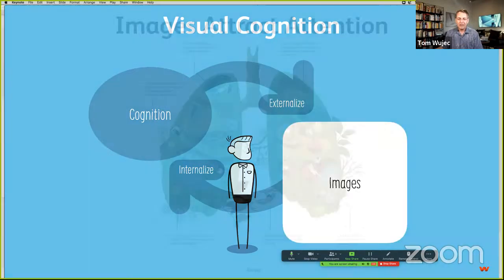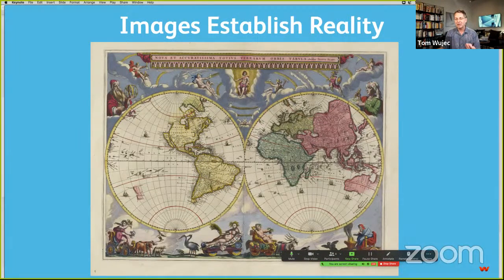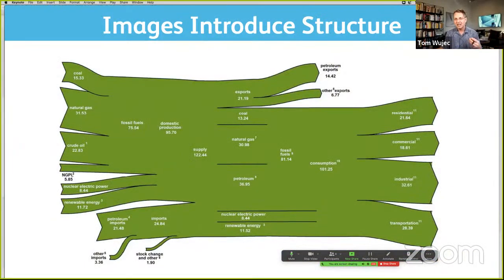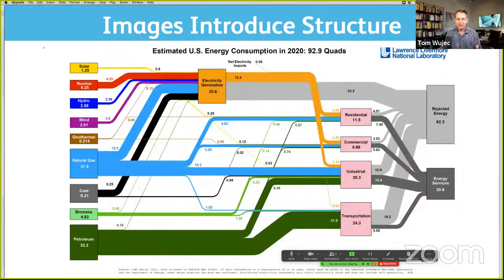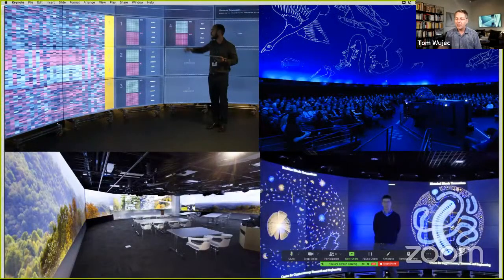So images we looked at, and why images? Again, they attract attention, they establish a sense of reality, even if it isn't true, like these old maps. They help us think, like these Feynman diagrams. They introduce structure to coordinate a tremendous amount of information, such as these very large Sankey diagrams that show energy distribution. And I believe the future, increasingly as we work in these hybrid offices, is having these large shared visualization